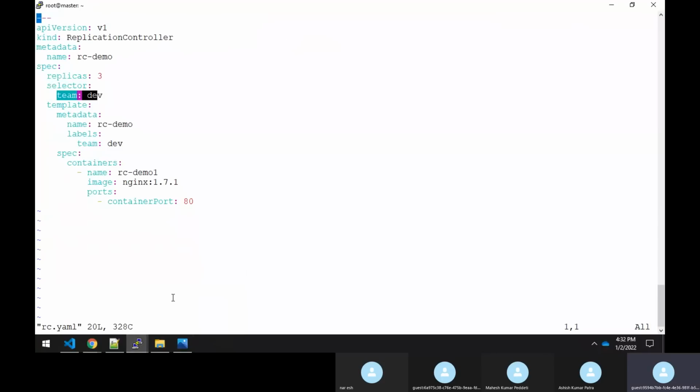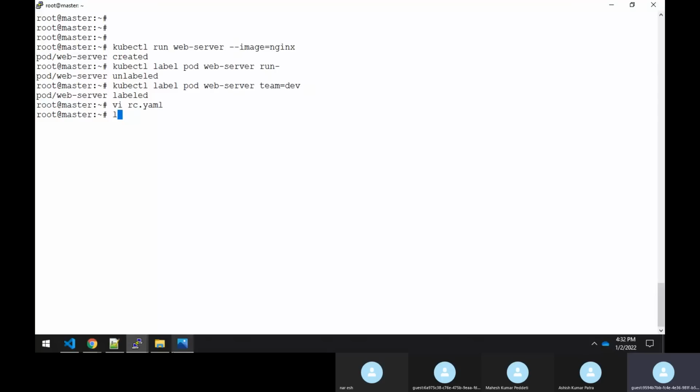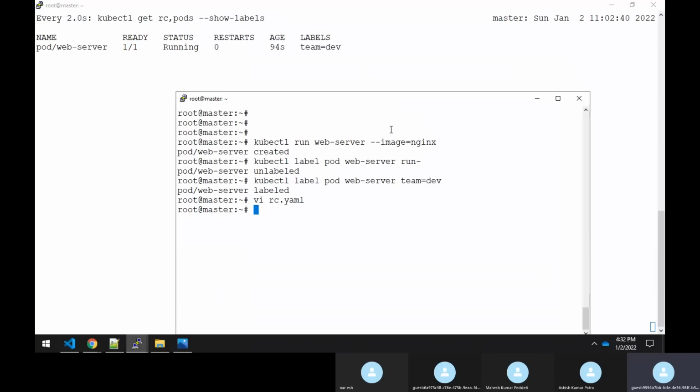Now, if you apply this with kubectl apply -f, the replication controller will get created, and it needs 3 pods while running this YAML file. But what happened?